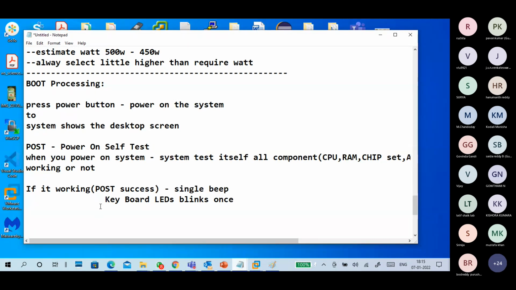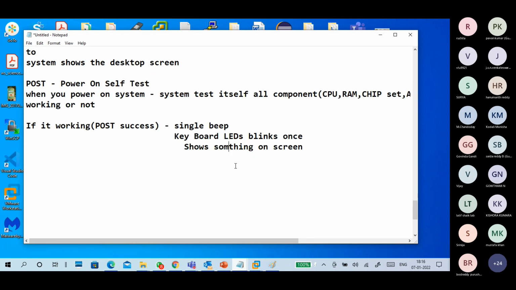POST success means a single beep, keyboard LED, and very important and easy to understand, it shows something on screen. Something means like a logo, a system logo or OS logo.